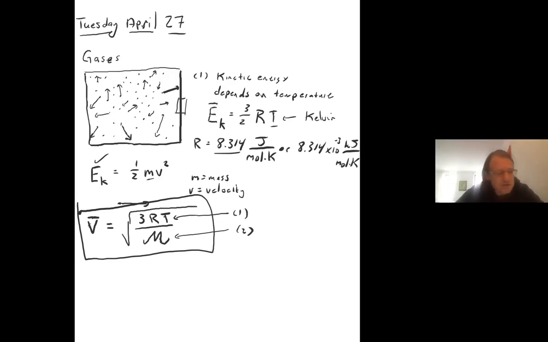And there's all kinds of things we could do. We could even derive the ideal gas law out of this. We could derive Dalton's law of partial pressures, Boyle's law and Charles's law. We're not going to go through all of that. That's something you would do maybe in a physical chemistry course, but it's all doable from this consideration.